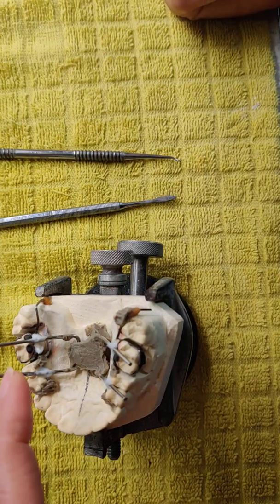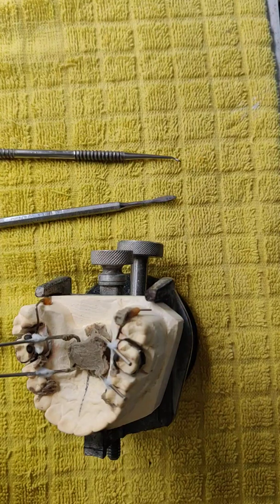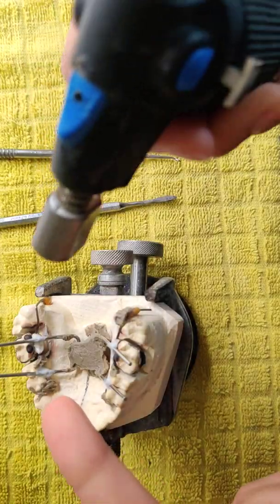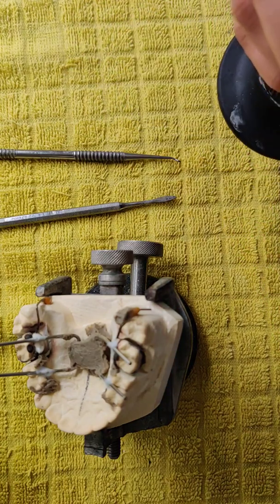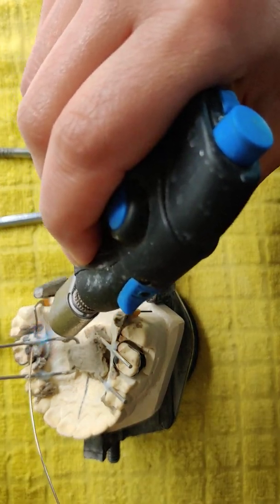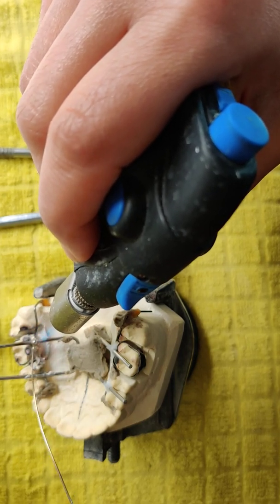Okay, I first solder the area that is far away from my sticky wax that I secure the screw with. And I always do the soldering starting from the big solder to the smaller one. It's clear. Now it's time to